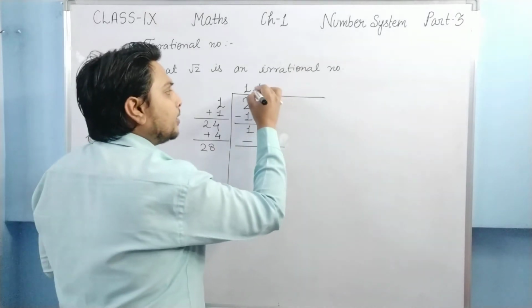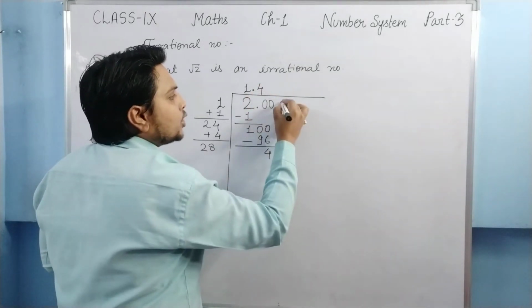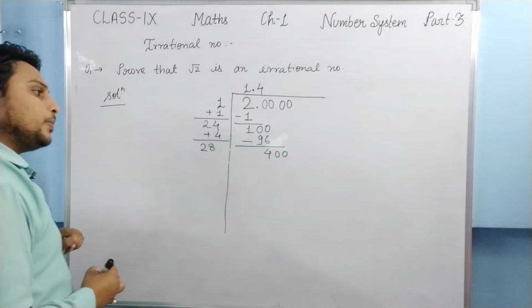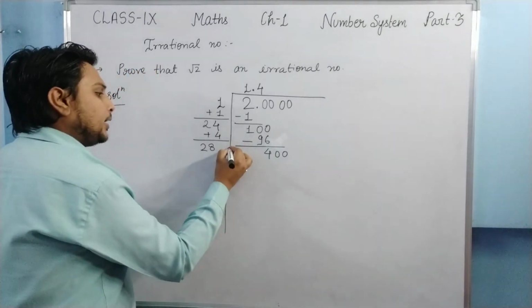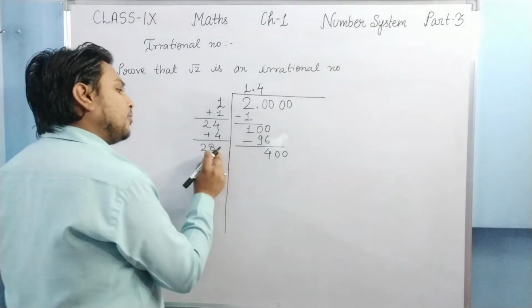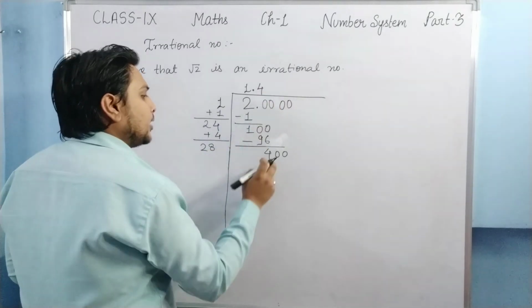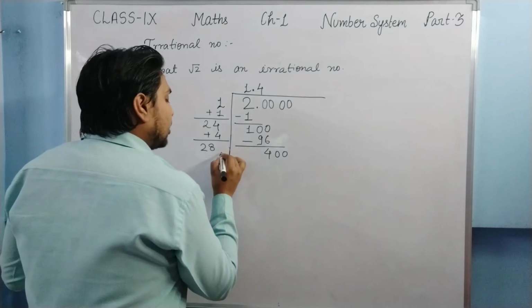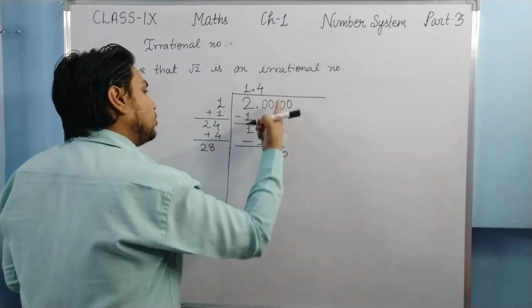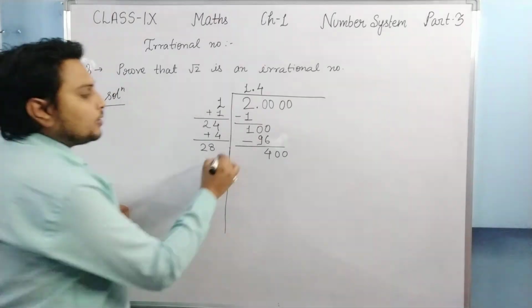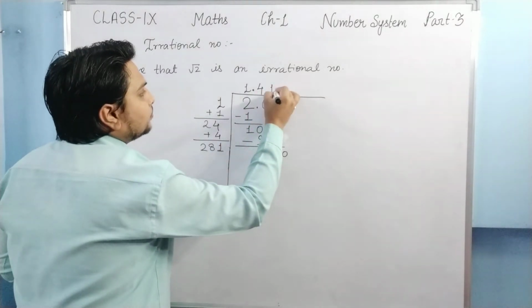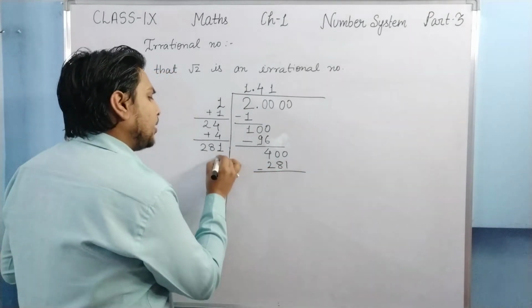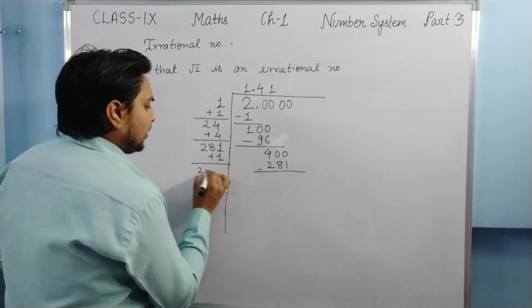Okay, and since we have already put the decimal point, we can increase the zeros in pairs. Now again we have to write a digit such that when we multiply the whole number with that digit, it should not be greater than 400. So what digit will we write? If we write 2, then multiplying 282 by 2 will be greater than 400. So what digit will we write? We will write 1. Okay, so it is 281. Now we have to subtract it, and here 1 we have to add, so it will be 282.